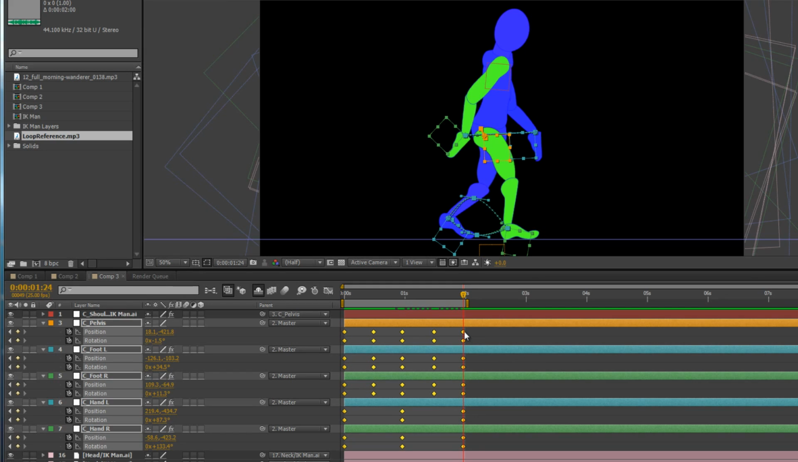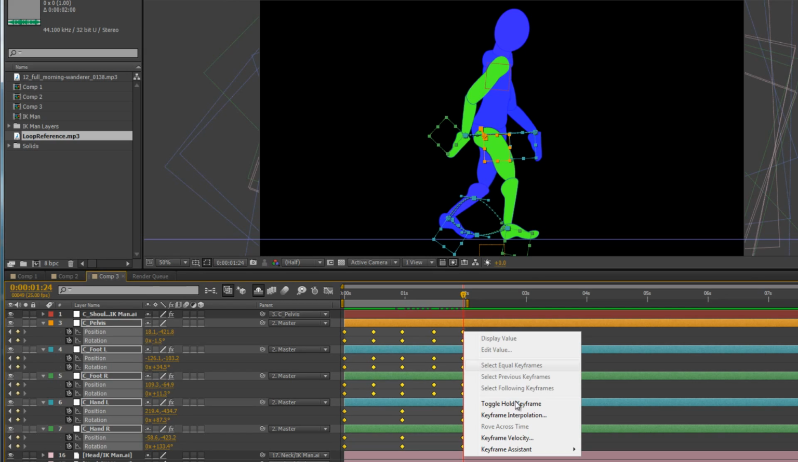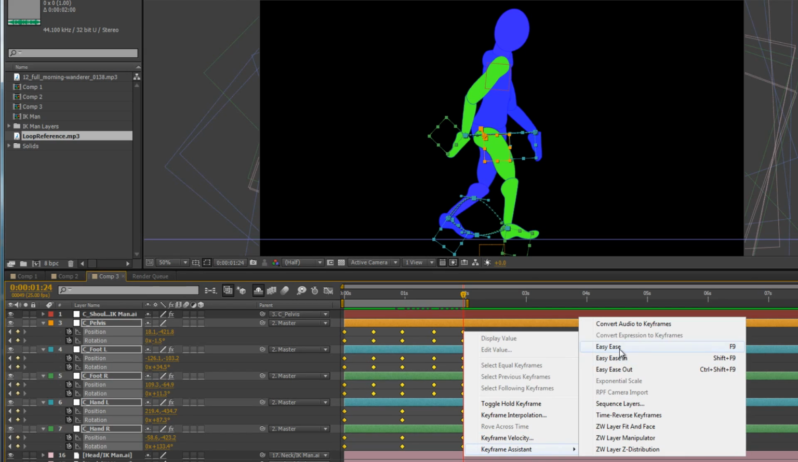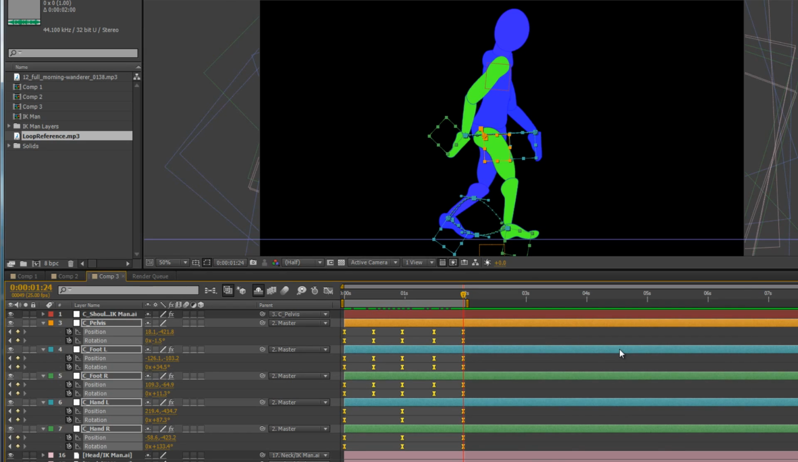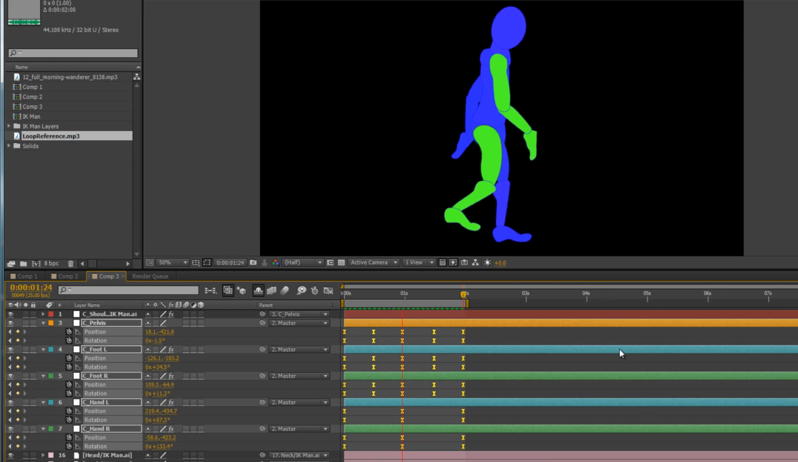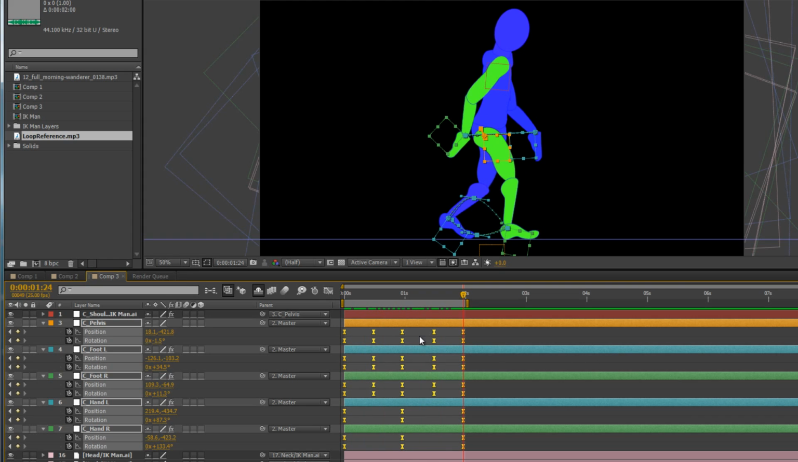So what I'm going to do is right click on one of the keyframes with them all selected, go to Keyframe Assistant and choose Easy Ease. And now we should have a much smoother animation. So if I just do a RAM preview of that, you can see how smooth that now looks. Now obviously that's looping and it's sort of stopping at the beginning, but you can see that the end result